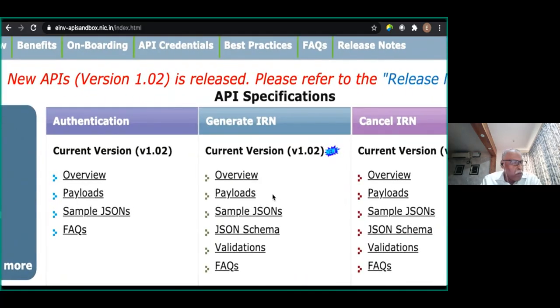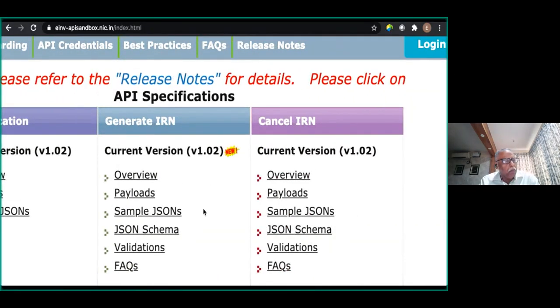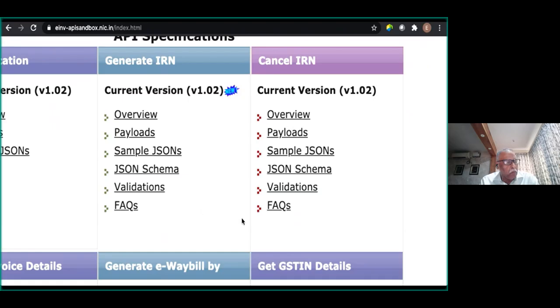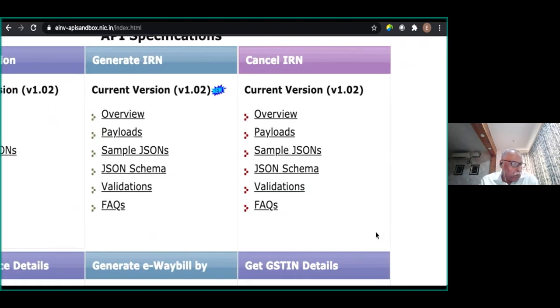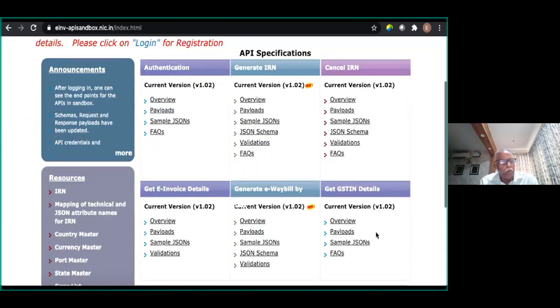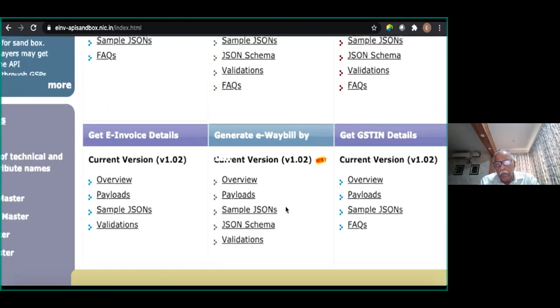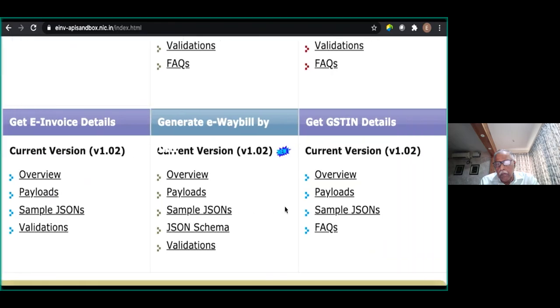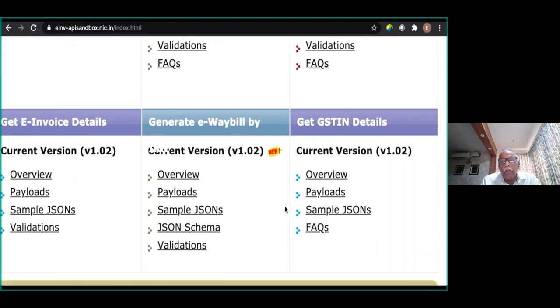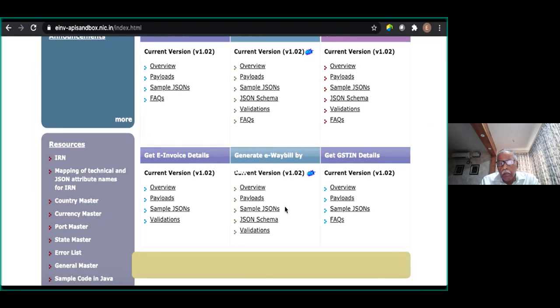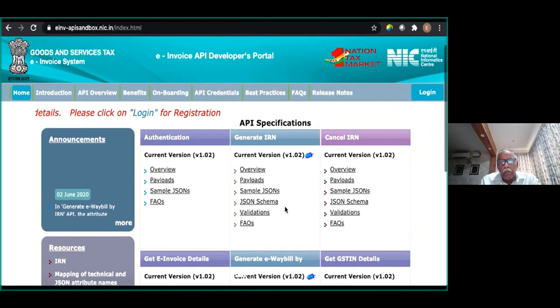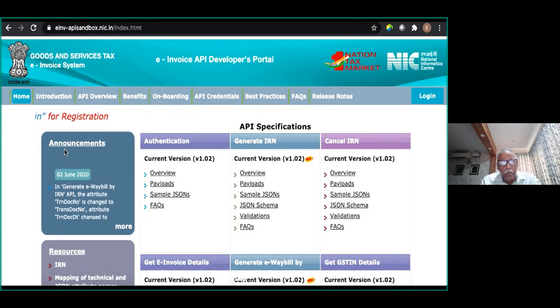So once we have successfully authenticated, we should be able to generate the IRNs using the generate IRN API. Then we can cancel the IRNs using the cancel IRN API. We can get the details of already registered invoices using the get e-invoice details API. We will be able to generate e-way bills by referring to the IRN number by using the generate e-way bill by IRN API. And there is a provision to get the GSTIN details by passing the GSTIN using the get